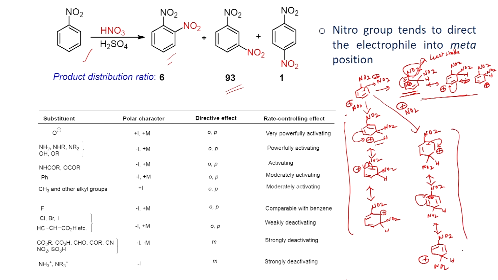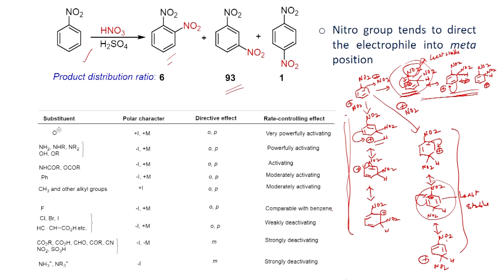So, these three resonance structures. If you look at here, this is least stable comparing to these two structures, and here similarly this is least stable comparing to these structures, and you do not have this problem. If the reaction takes place at the meta position, you do not have this kind of least stable intermediates. So, therefore, when you have the electron withdrawing group, the aromatic ring, always the electrophilic substitution is favored at the meta position comparing to the ortho and para positions.